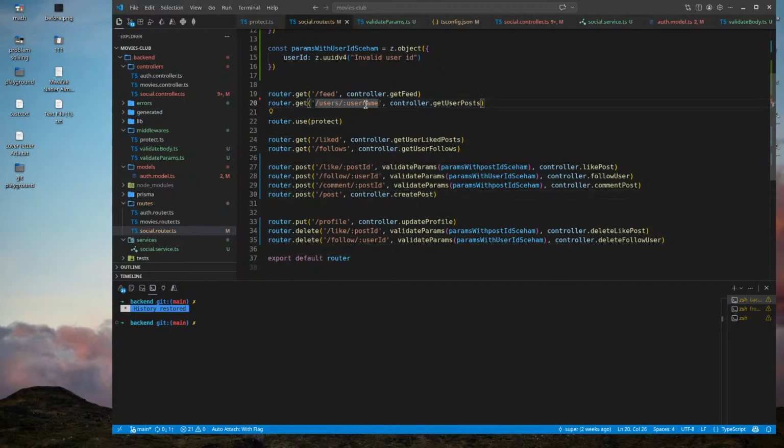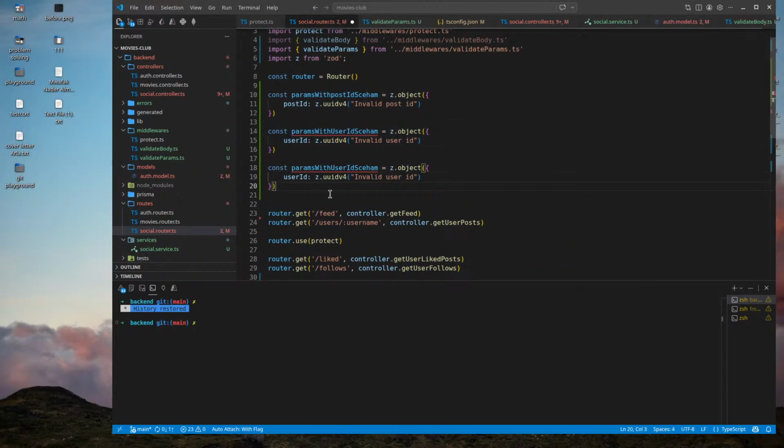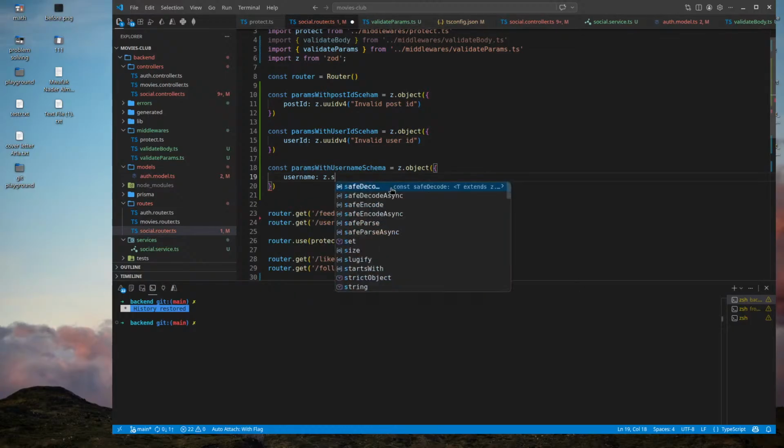All right, here we need to make another guy. Params with username schema. Okay, and it's going to be username, which is a zod.string.